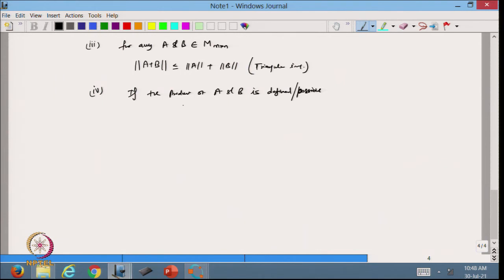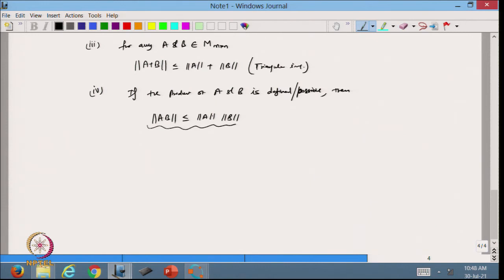Then I can write the norm of the product AB is less than or equal to the norm of A and the norm of B. This condition, if you see, is analogous to the Cauchy-Schwartz inequality, because